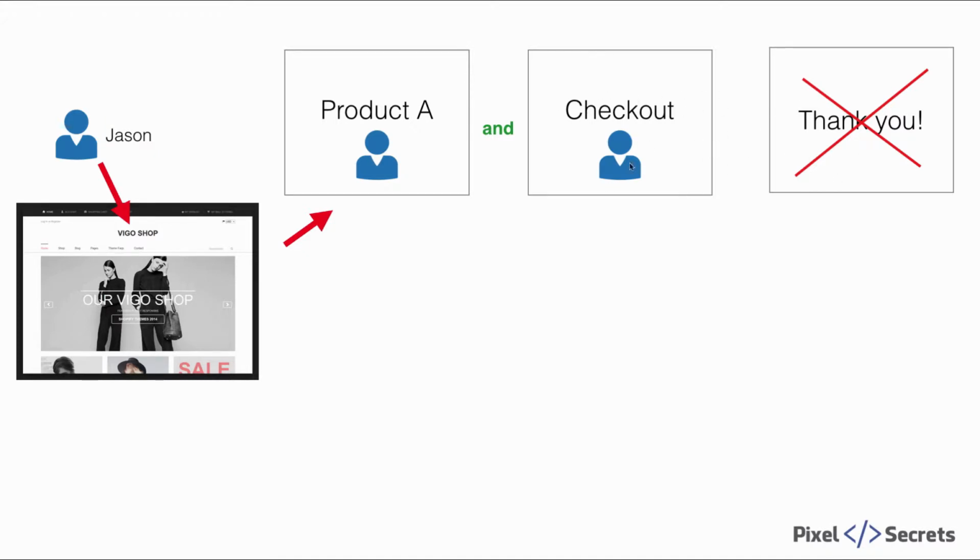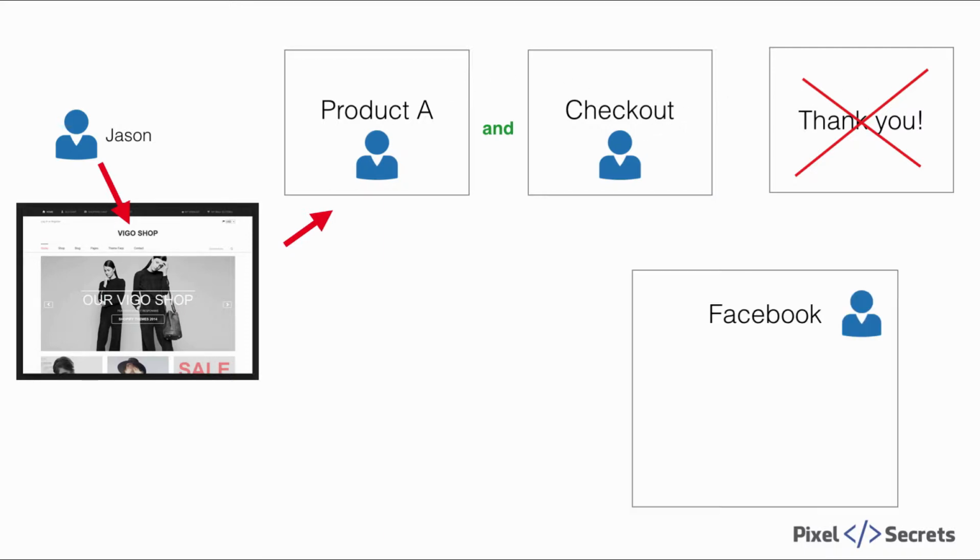I get distracted, whatever, and I leave. Facebook will collect that data, and they don't obviously know me by name. They track it through cookies and IP addresses and that sort of thing. But basically, they'll say, okay, this guy went to this product page and went to the checkout page, but didn't